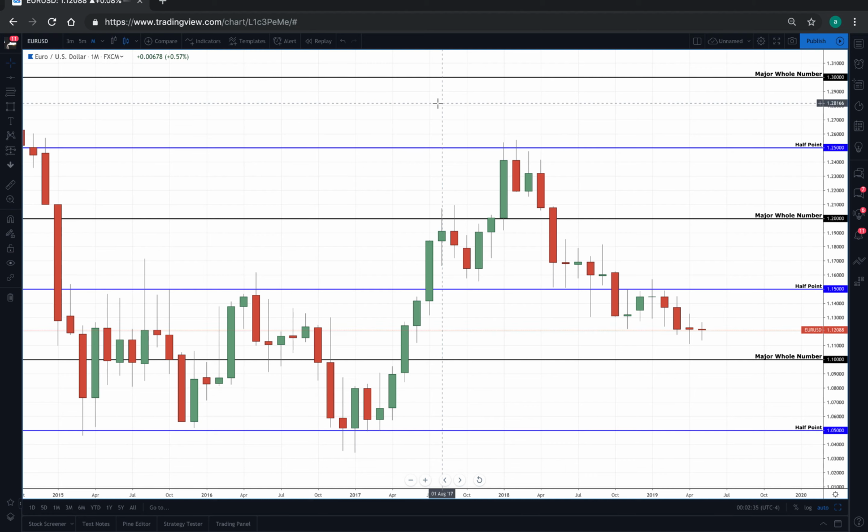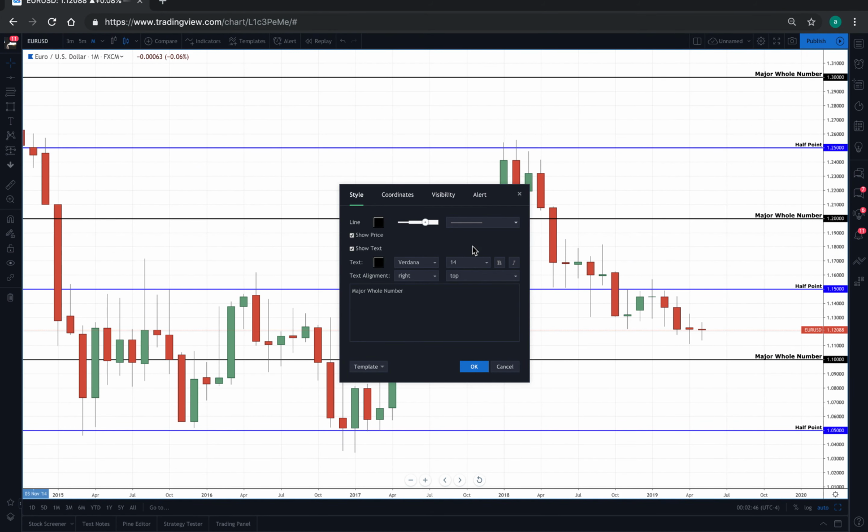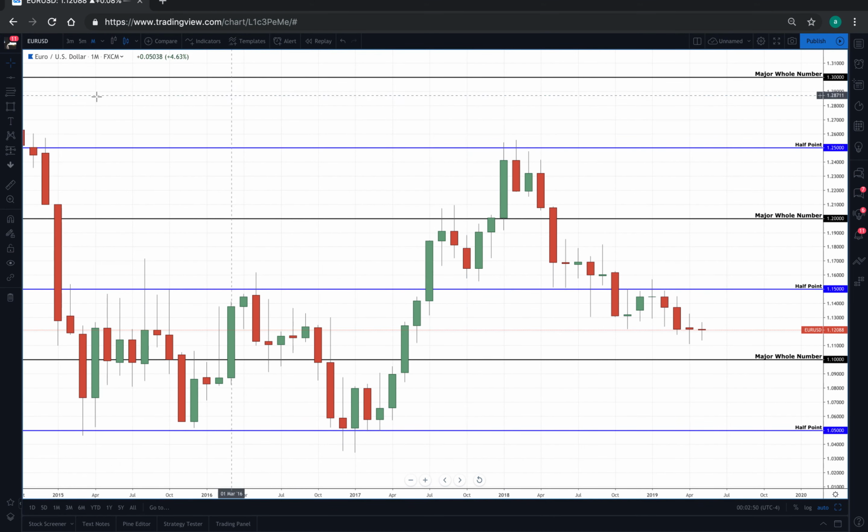Take a look at the chart now, and this is what we have mapped out. I've labeled everything nice and neatly. What you can do is double click on the lines. Once you have the lines in place, you can label them. So just a clear look at the chart and the price figures we have marked: 130, 125, 120. That's 1,000 pip distance